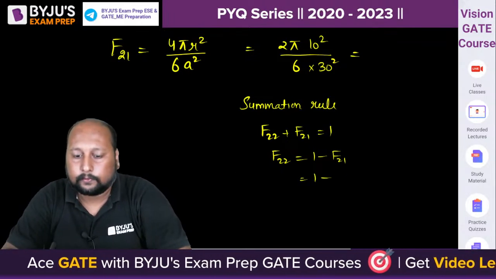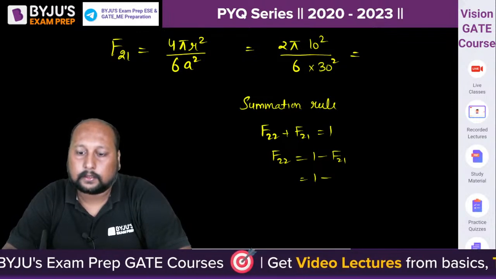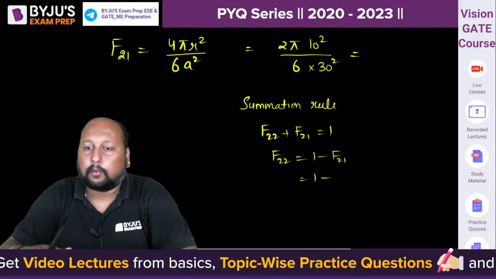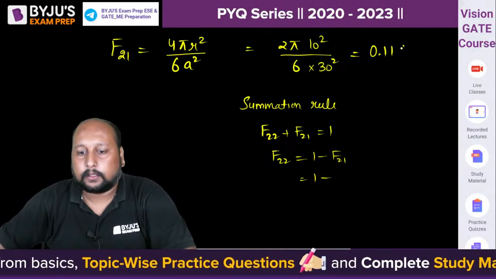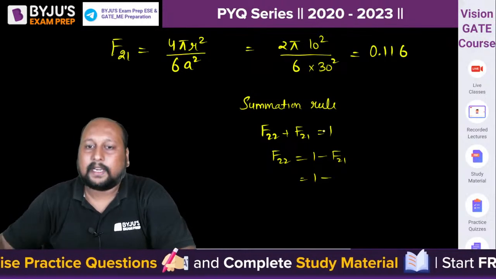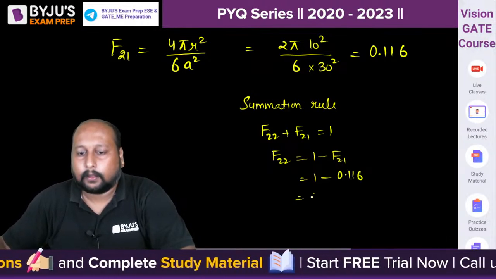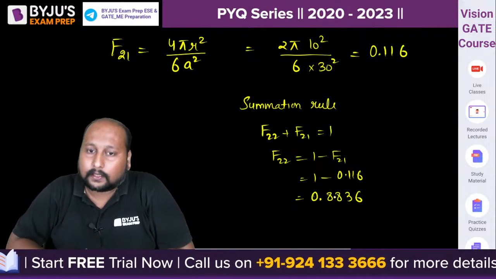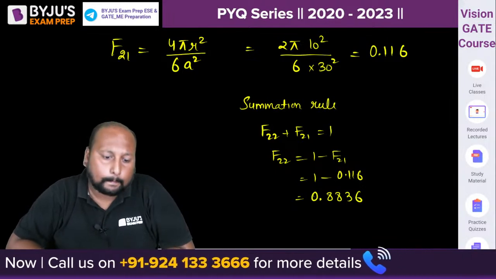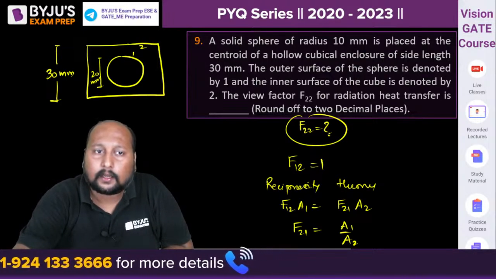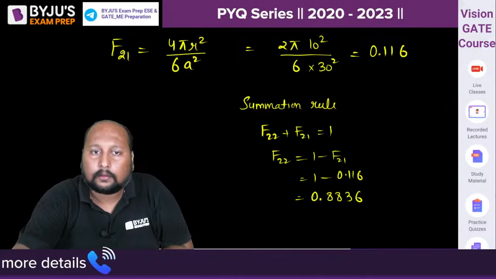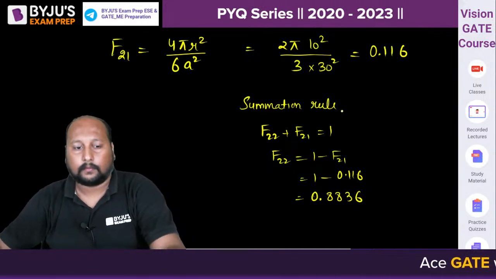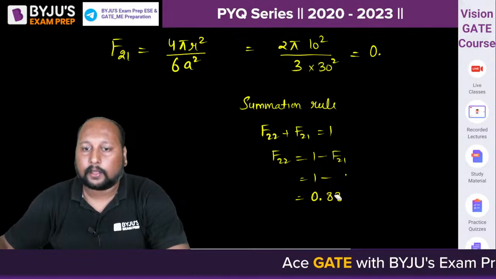So this is 1 minus, what is this value you are getting? Anyone who has calculated? 5 into 100 divided by 6. 0.116. So 1 minus answer, 0.88. 0.8836. Are we getting this one? 0.8836, near about this value. Please check. What is the radius? Radius is 10, right? Yes, radius is 10. Oh, this will be 3, right? Some calculations will be redone over here.